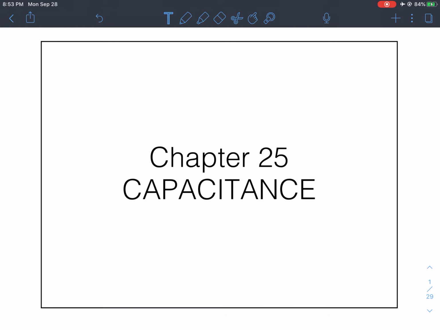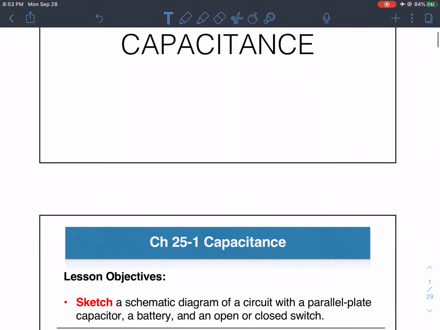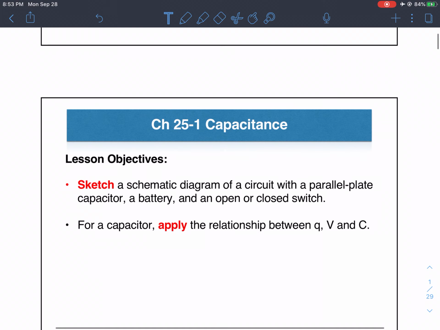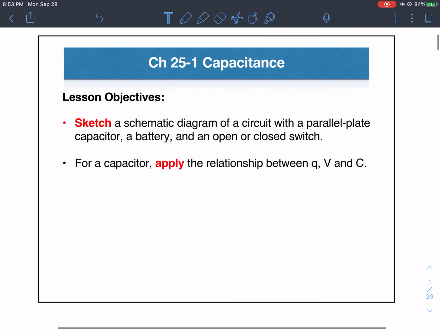We are starting chapter 25 and we are going to talk about capacitance in this chapter. Section 1 is about capacitance. So first we will sketch a schematic diagram of a circuit with a parallel plate capacitor, a battery, and an open